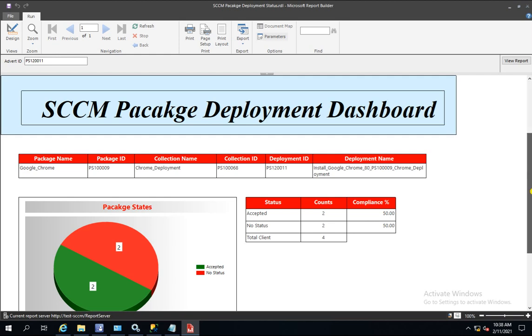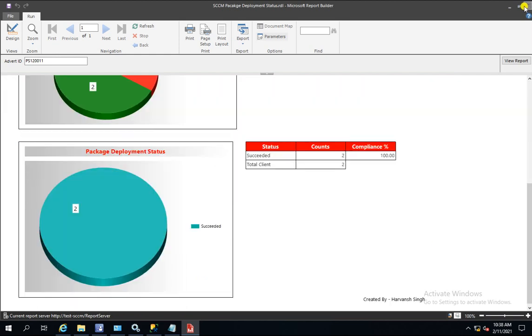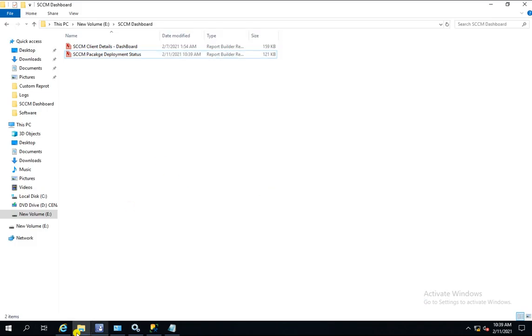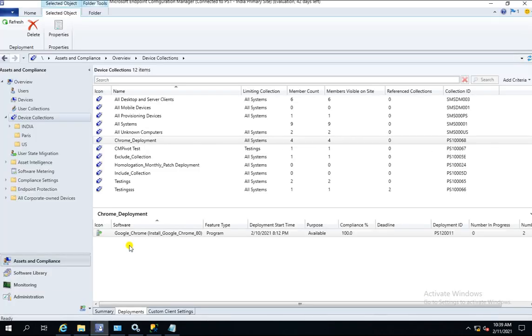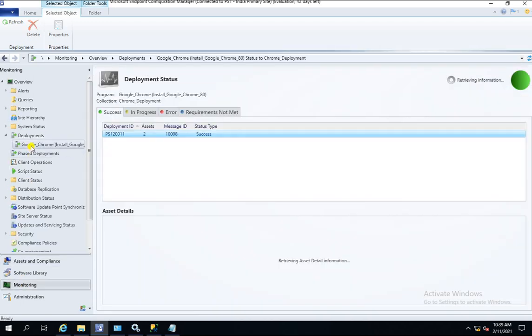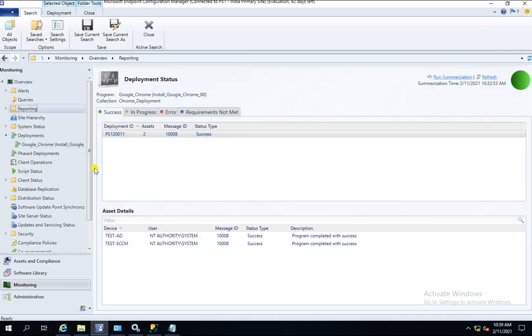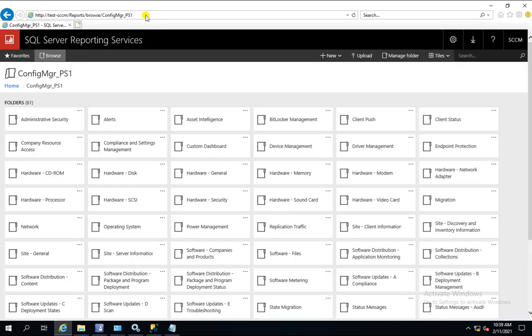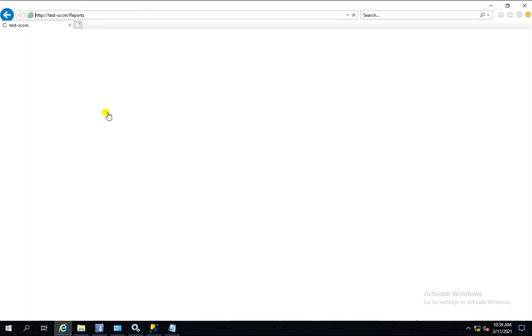Okay, so after this step, save it, and then go to the SCCM reporting. Here you can see the SCCM reports. The same thing I opened in the URL, SCCM reports. Let me show you again.